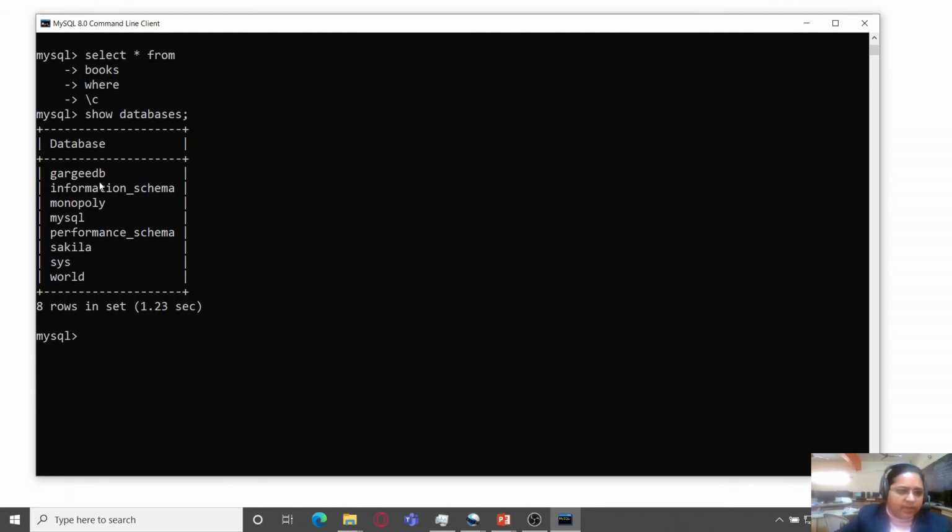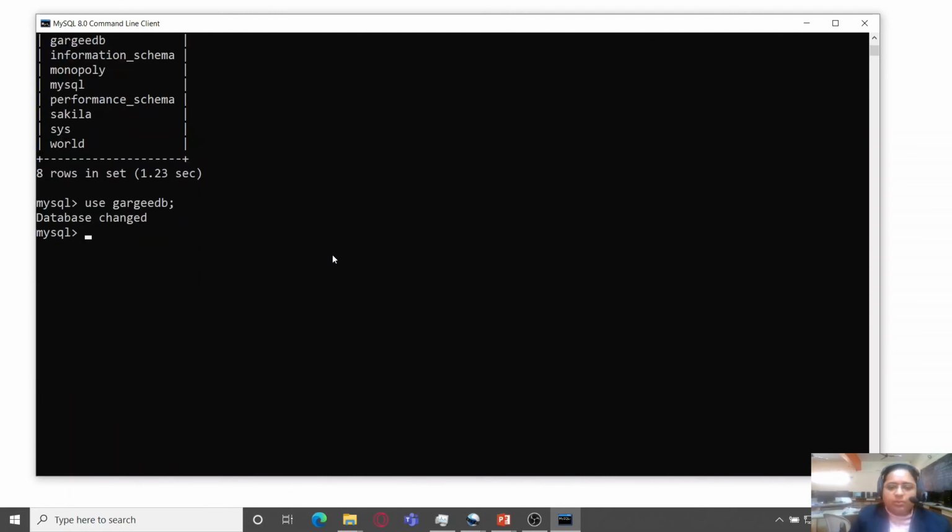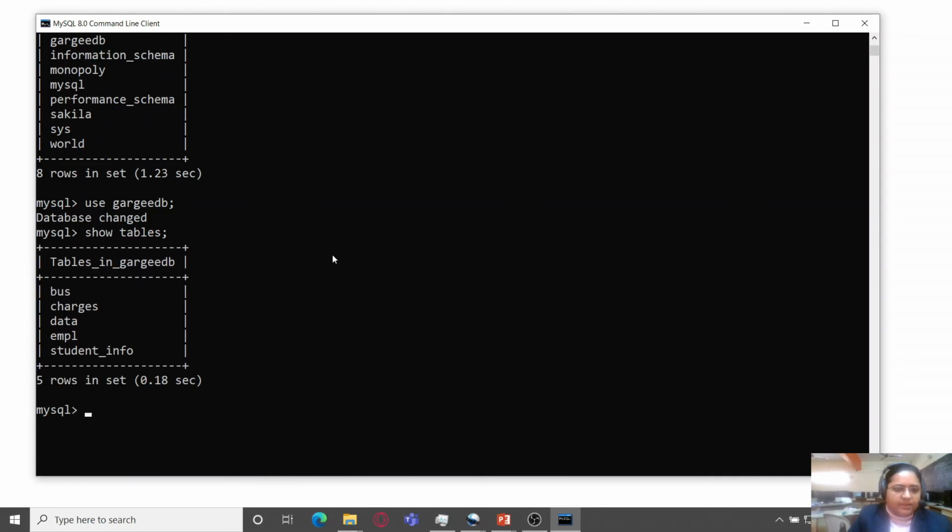I have already created a database, so I will be checking it. For now, I need to use my own database. For that, I will type use and the database name, that is GargiDB. Press enter, and it will give me a message that the database has changed. Now I want to check the number of tables stored, so I will use show tables, and this will show me all the tables which are stored in my database.